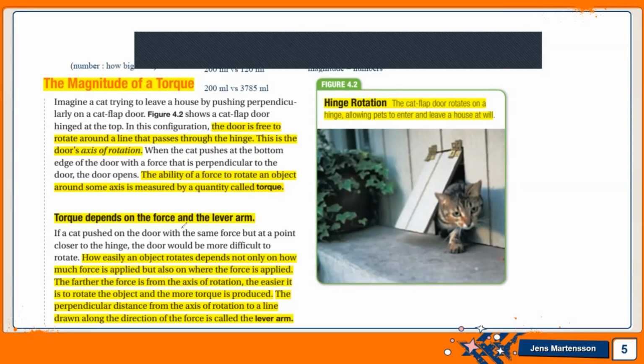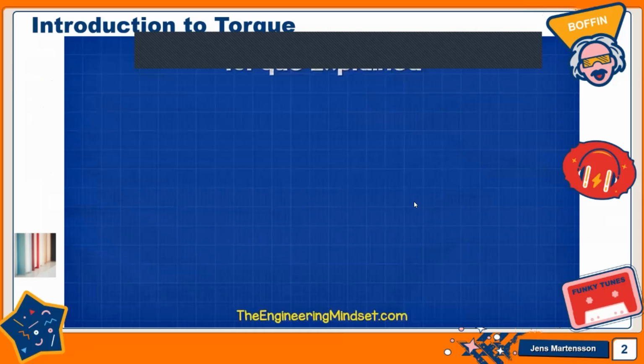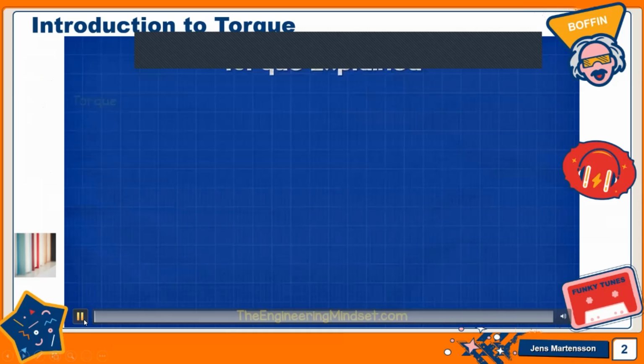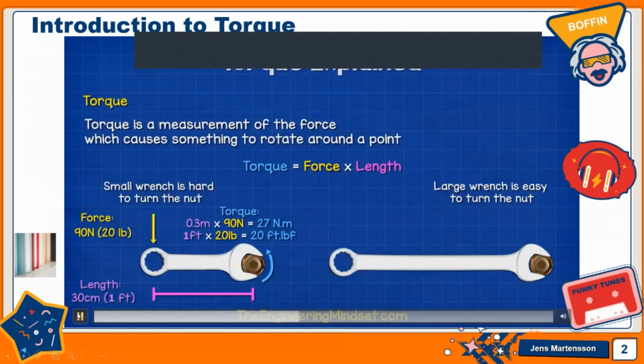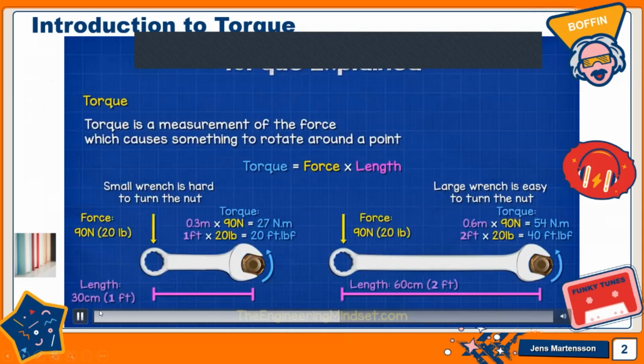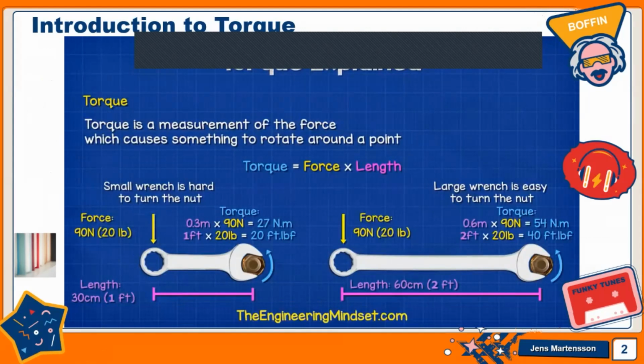So torque is going to depend on the force, but also on the lever arm. You saw that in the video, okay? In the video, a force of 90 newtons was applied. The force in this first one, with the first range of 30 centimeters, the force applied was 90 newtons. In the second one, the force is exactly the same, 90 newtons. But in the end,